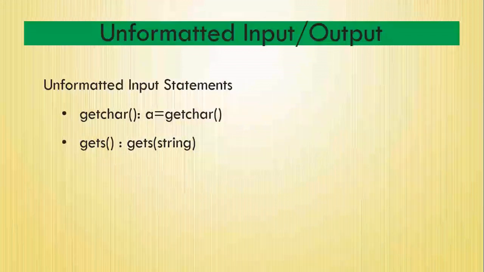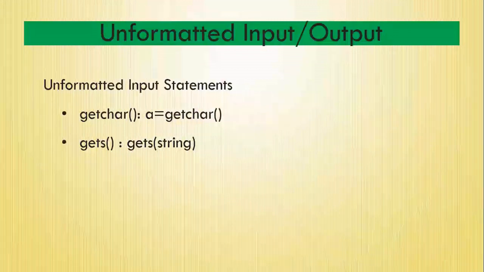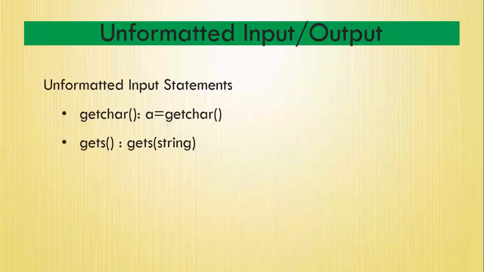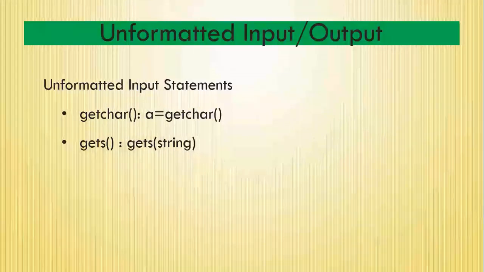And the gets function reads everything you enter from the keyboard until the Enter key or return is pressed. Here everything means a string, a sequence of all printable ASCII characters. The return key that was pressed at last is not stored in the character string. It overcomes the limitation of the scanf statement with the %s option. The syntax you can see in the slide: gets, and whatever string you enter from your keyboard.